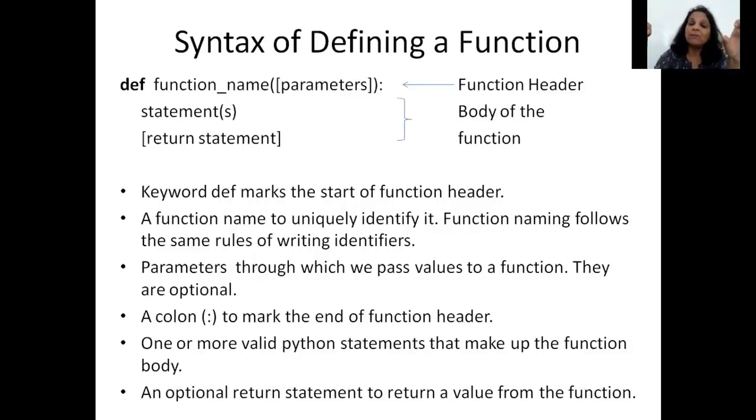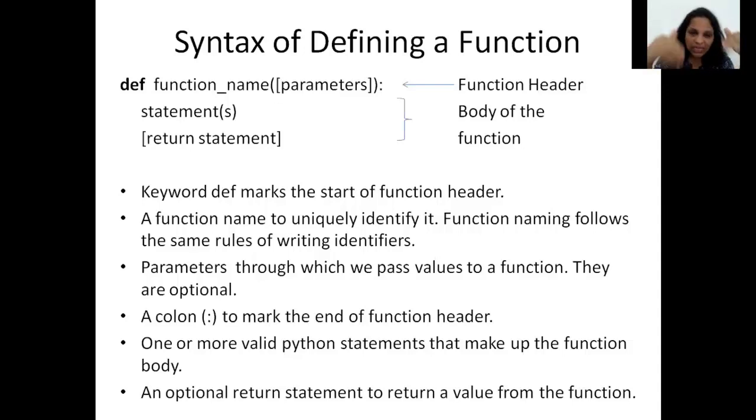Some functions may have parameters, some may not, some may have 1 parameter, some may have more than 1. It all depends on the task of that function. To perform the task, what is the requirement? Clear? This first line is termed as the function header.